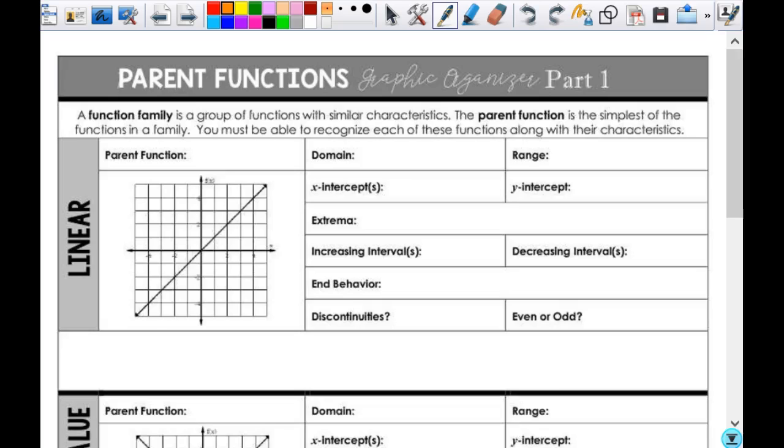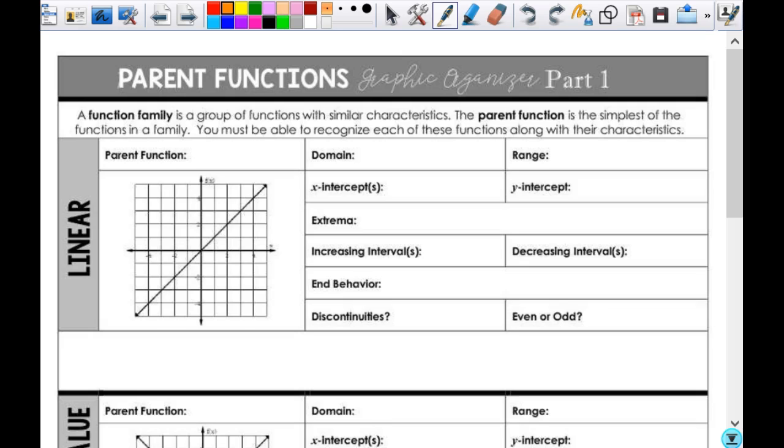All right, so parent functions. That terminology sounds familiar, yes? Remember talking about parent functions in Algebra 2? You should have talked about most of these that we're going to look at. Maybe not all of these, but all these on this piece of paper, for sure. The next piece of paper, there'll be probably just one new one, but it's not that big of a